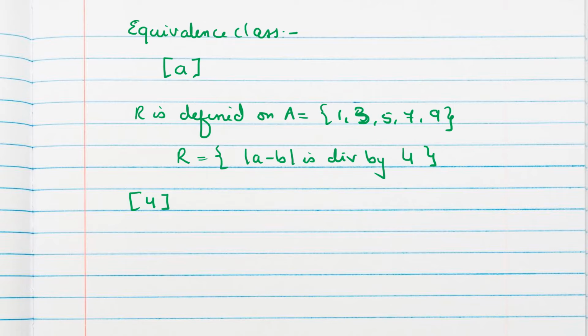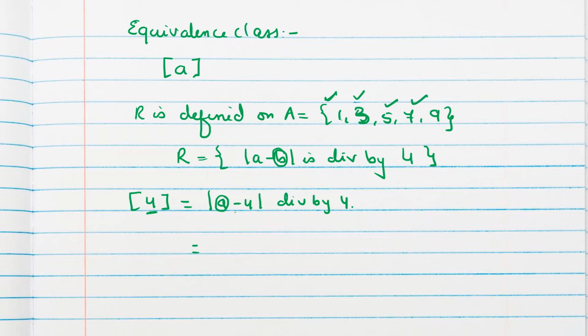So whenever you get this type of question, what you should do, instead of b, okay, instead of b, you write whatever number will be here: a minus 4 divisible by 4. Now a element you keep from this set. Okay, so 1 minus 4 is minus 3, which is not divisible by 4, so 1 will not come, right? Then we will consider 3. 3 minus 4 is minus 1. 1 is not divisible by 4. When we say divisible by 4 means exactly divisible by 4. Decimal number should not come. Okay, 5 minus 4 is 1. Again not divisible by 4.